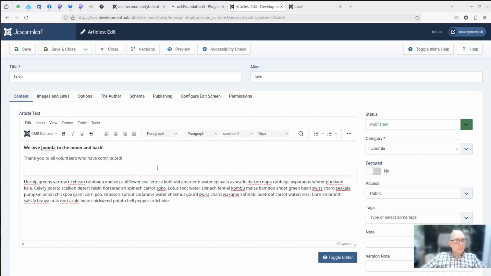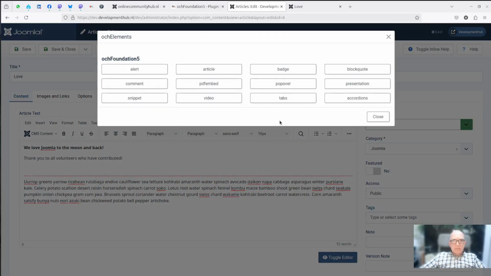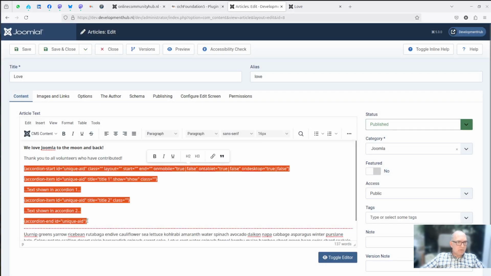Okay, now let's move on to a complicated one. We're going to add an accordion. OCH elements, accordions, and then it fills the complete tag for an accordion, and this one has two accordions in it.